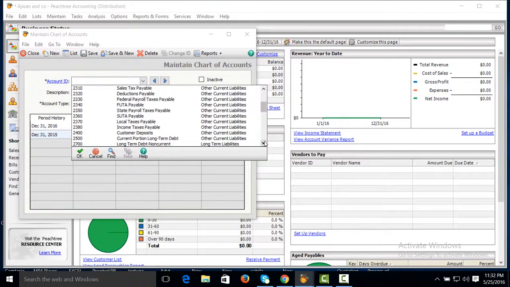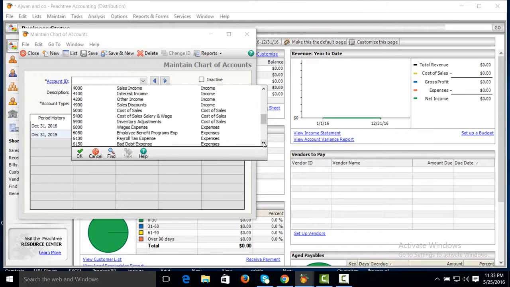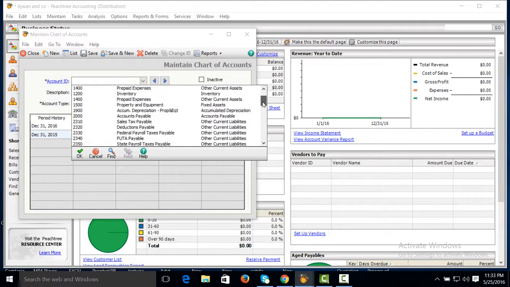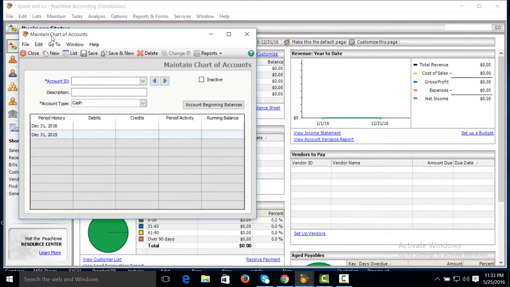All the accounts needed for accounting reports are available here. But some accounts, like capital account, your company bank account, and some different expenses or specific accounts will not be available here, but you should create those accounts from here, from maintain chart of accounts.